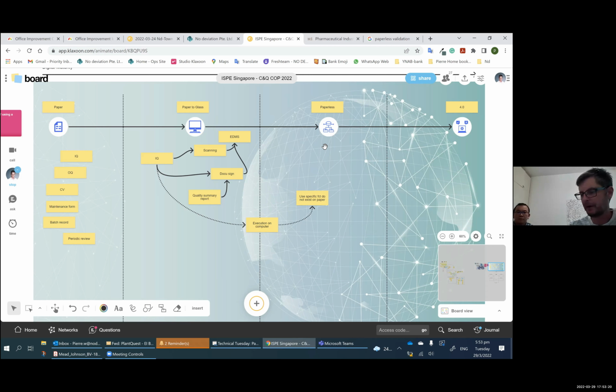I will try to explain myself here. Let's say when you do validation, you know that your system needs to be qualified so that you can do the validation. To do the qualification of the system, you have a series of tests to be done to make sure it works, and you will record those results in a protocol.